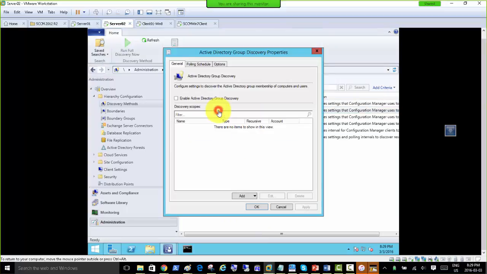Let's just go for group discovery here. We don't have any security groups right now. We are not specifically going for group discovery, but we can just go for all groups here, just to show how group discovery really works. So I'm just going to click this, enable Active Directory group discovery. Whatever groups are there, just show us. If we just click that and go to add here,